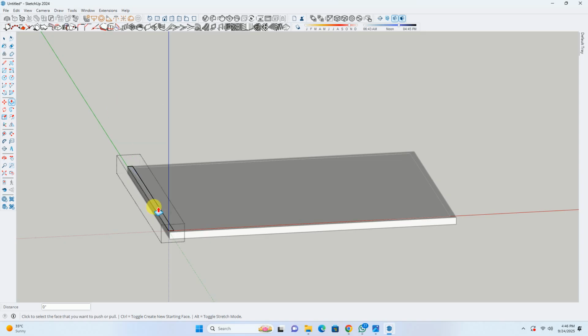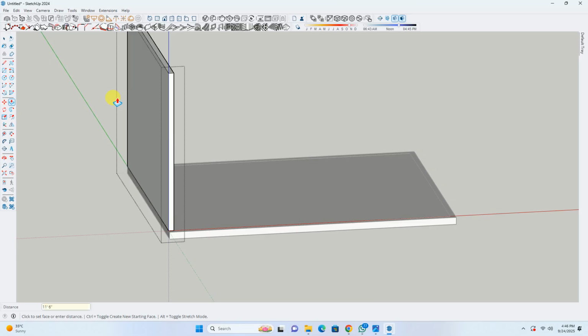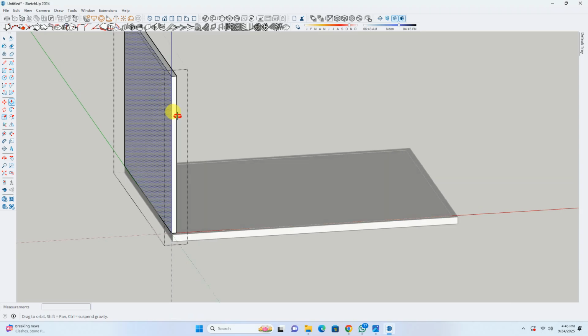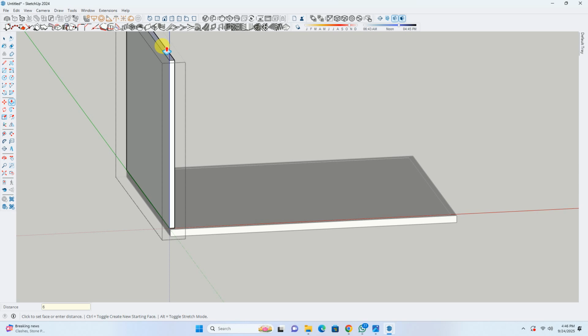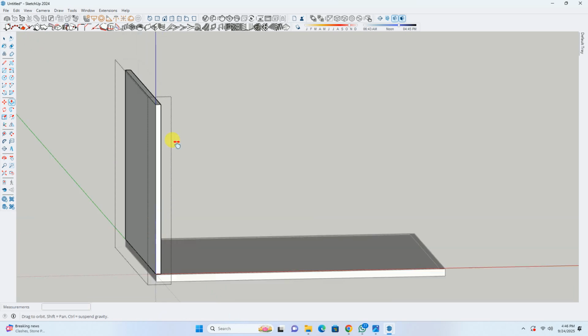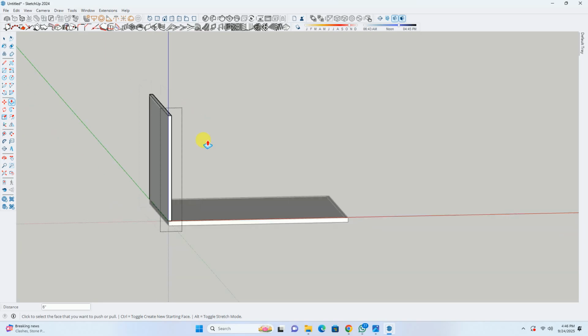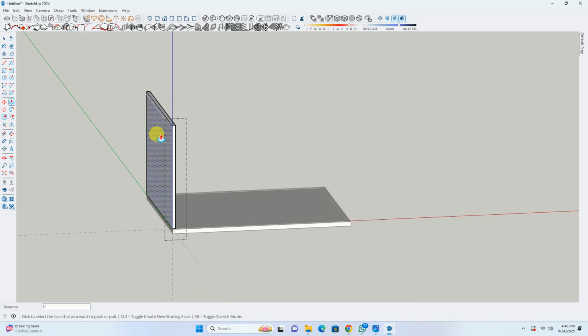And now we'll apply the push pull command. For that, the shortcut key is P. We'll press P. We'll select the surface. We'll specify the upward height as 11 feet 6 inches. Okay, because we can see this is a high house, or we can take it as 12 feet, because 6 inches will be covered in our ceiling slab. So that's why we'll take it as 12 feet of height.